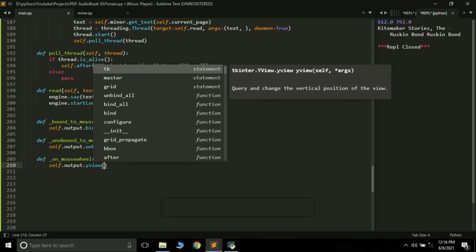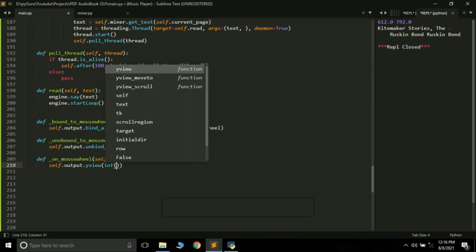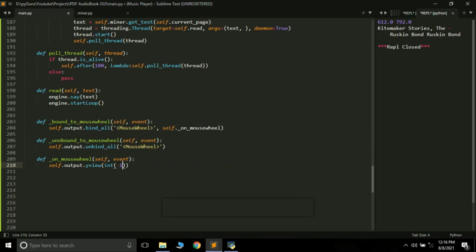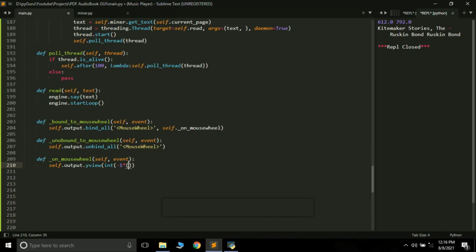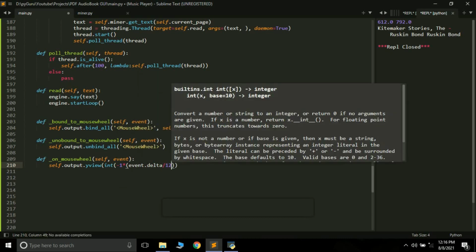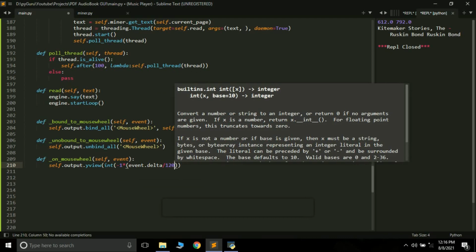Remember once again, our GUI part is done. I am just adding some additional features here. If you do not want that, you can just leave it like this. So event.delta divided by 120 and units.